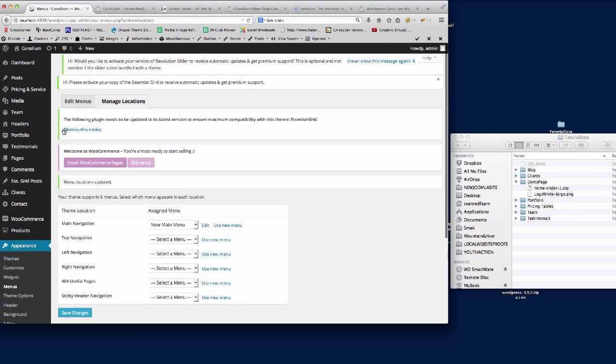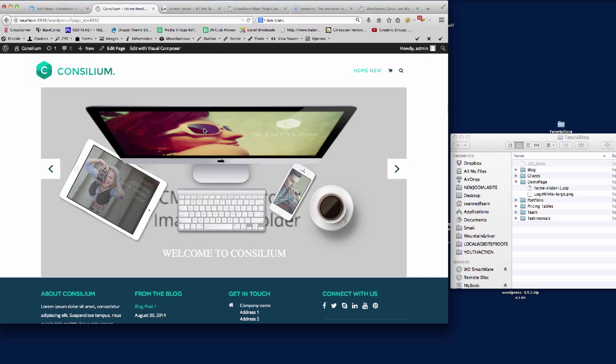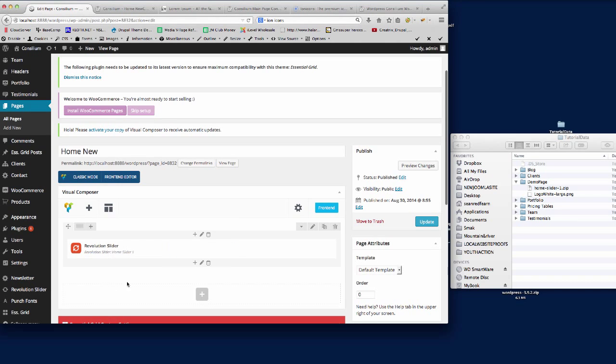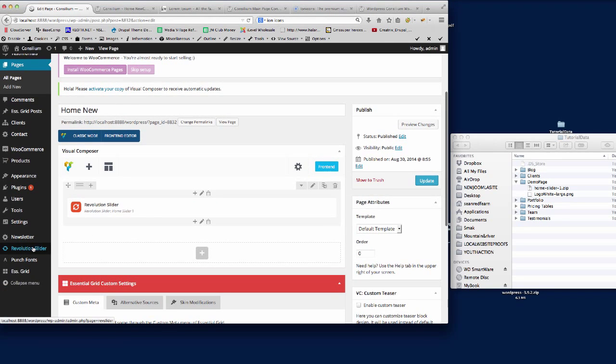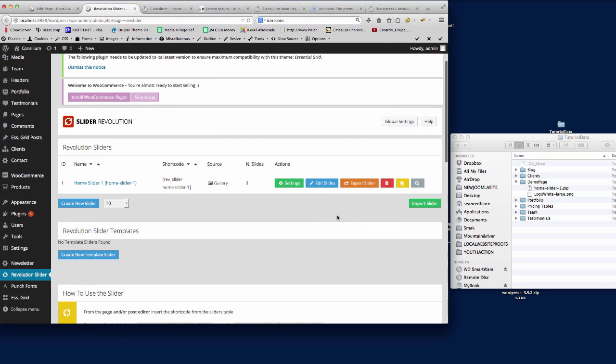So now we can go back to the page in pages, and we're going to start editing this page and building this up now so that it looks like a nice page. Because we've got Revolution Slider here, I need to import, so I'm going to open this up in a new tab. I'm going to Revolution Slider now, which is what controls your slideshows. So I'm going to delete this slideshow here,